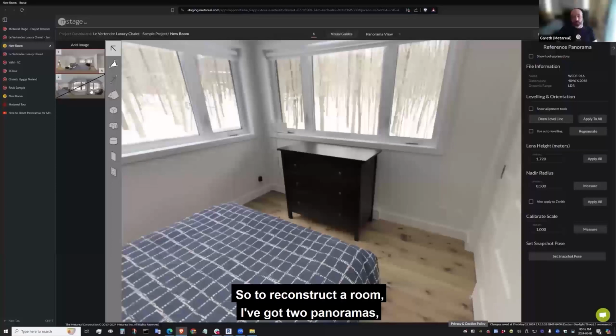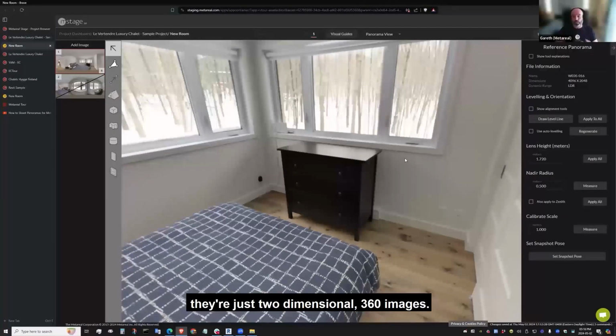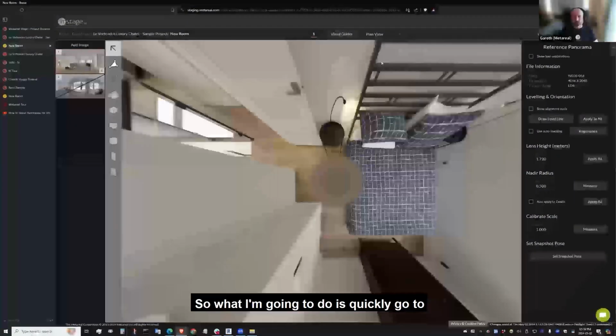So to reconstruct a room, I've got two panoramas. They're just two-dimensional 360 images. How do I get that back into a 3D model? So what I'm going to do is quickly go to